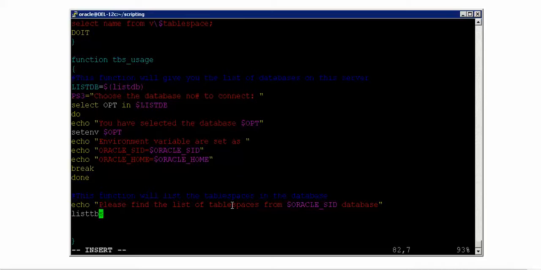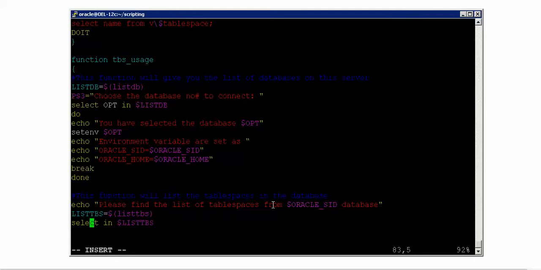Now I'm saying list_TBS equals to dollar and then this one and then this one, enter. And now I should go and see first of all select in $list_TBS,